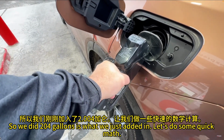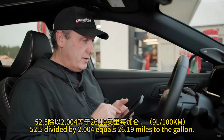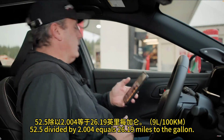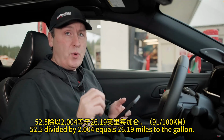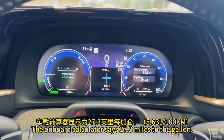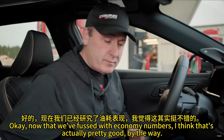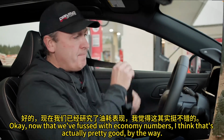So we added in 2.004 gallons. Let's do some quick math. 52.5 divided by 2.004 equals 26.19 miles to the gallon. The onboard calculator says 27.3 miles to the gallon. It was about 1 mpg off, but I'd say that's pretty close. Okay, now that we've fussed with economy numbers,